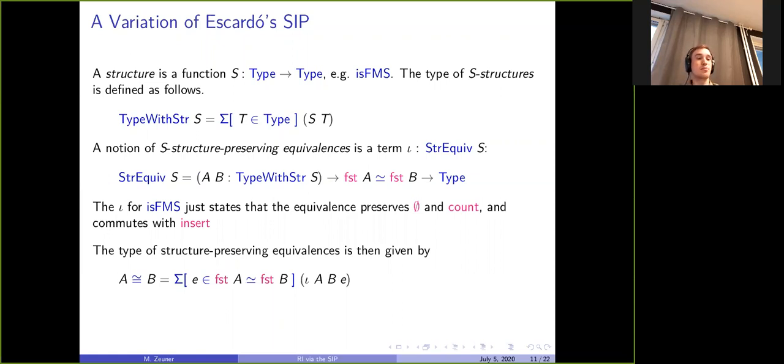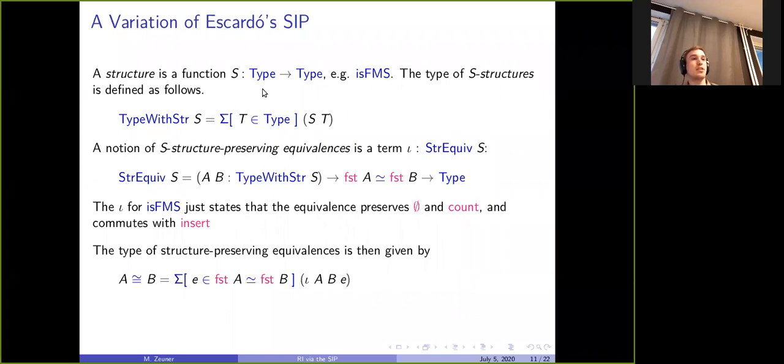A few things are a bit more cubical. We use, of course, path types here. But basically, a structure is a function on the universe type. Agda users might be more used to Set, but in Cubical Agda, it's renamed to Type. I guess that's pretty appropriate. Also, structures can be universe polymorphic, but we want to keep it simple in this talk. So our record from the very beginning, finite multiset, is such a structure.